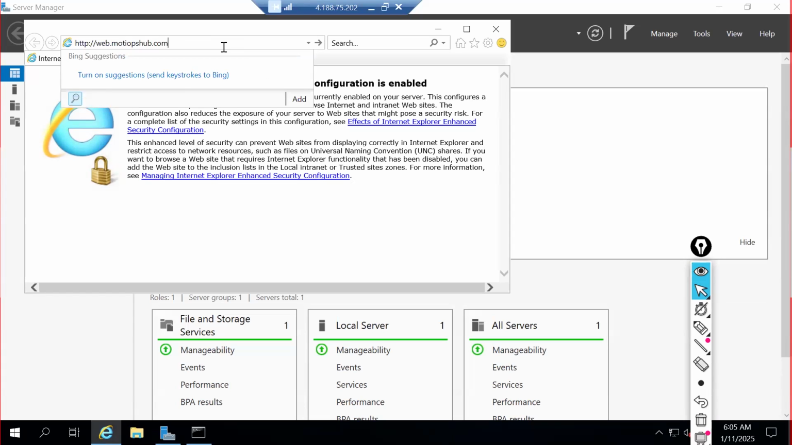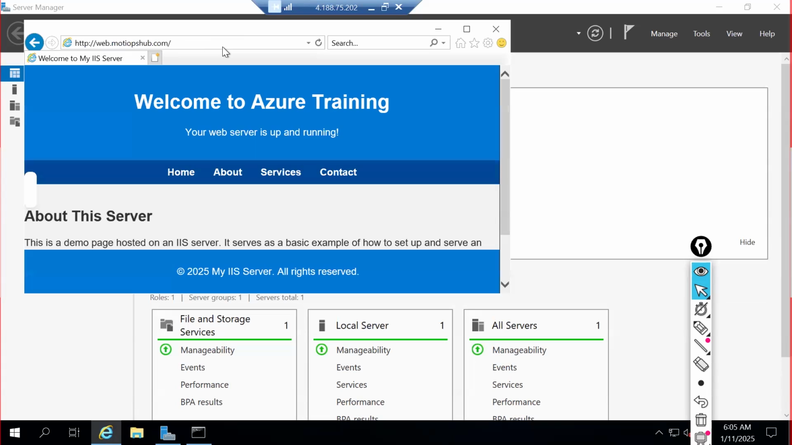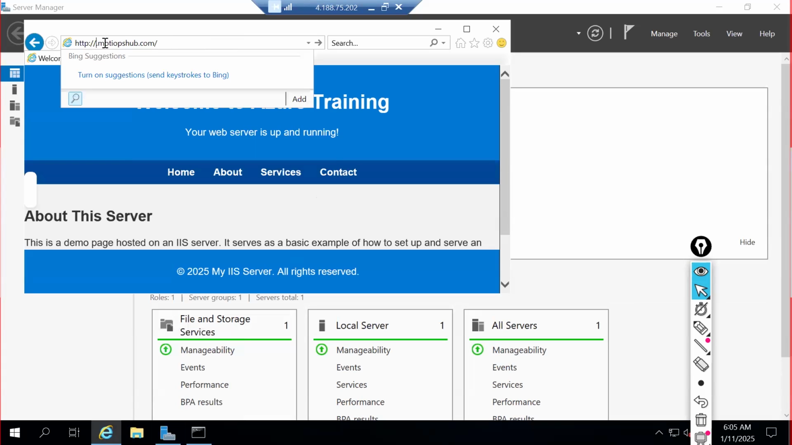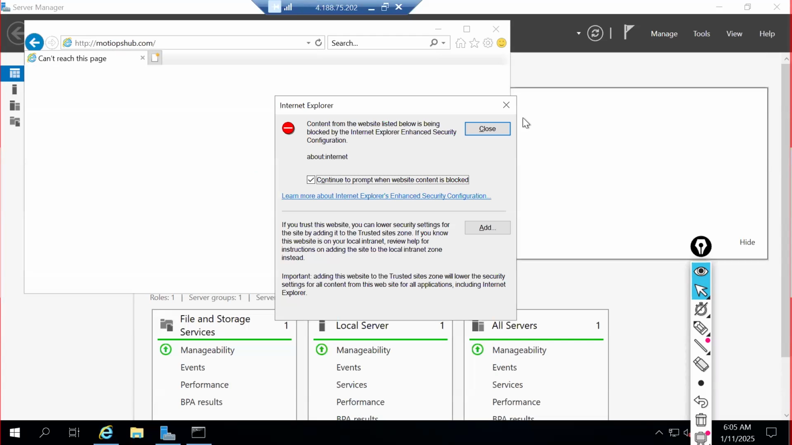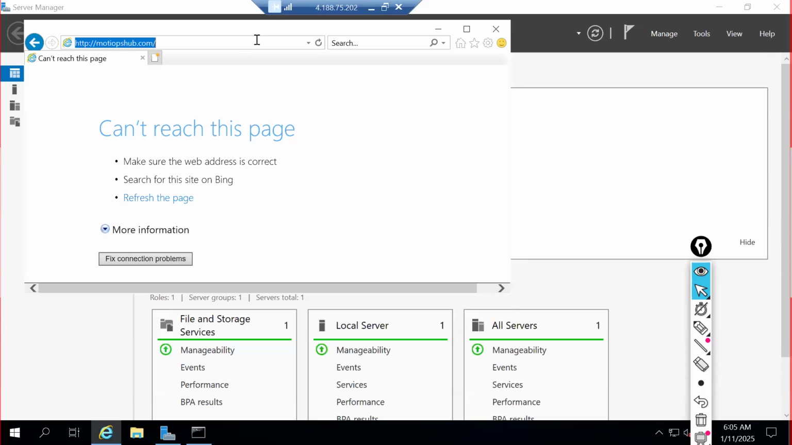web.motiops.com. See, it is working now. Internally, web is working without any record. I have not done any DNS entry, and I have not done any host file entry here, but it is working, right? This web record is being taken from my DNS zone. Sorry, I typed it wrong. If I do it there,